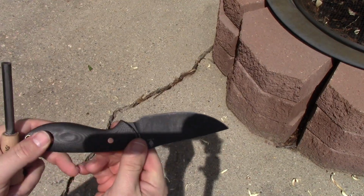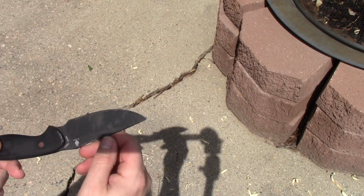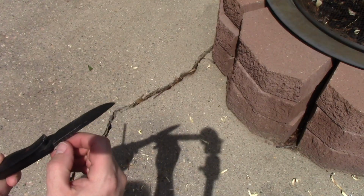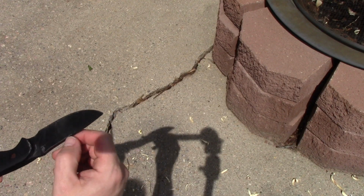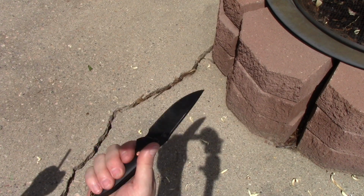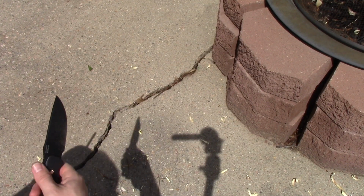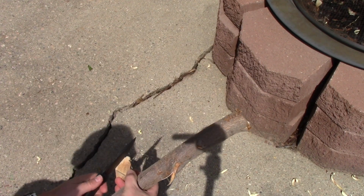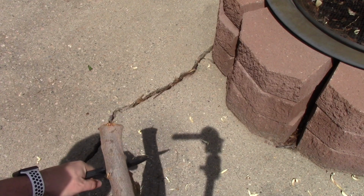Something I will tell you about Kizer's coating on their fixed blades is it's not very good. The GTI bush that I have, it wears off super fast. This is already starting to wear off. So I may strip this coating. I like this knife quite a bit, so I may just end up stripping that. But you can strike a fire steel still, but it doesn't work the best, I'm sure. When I say light, like something like this size diameter